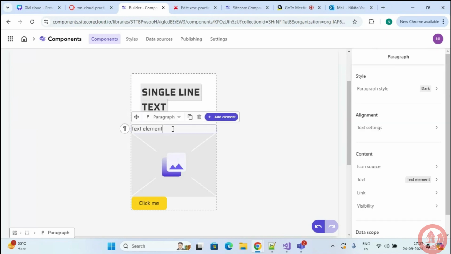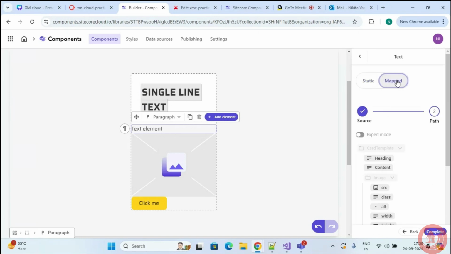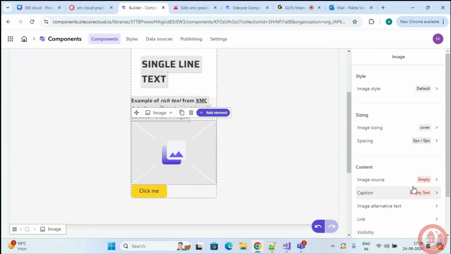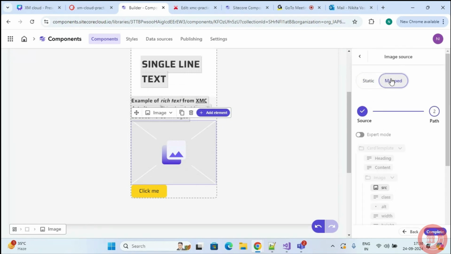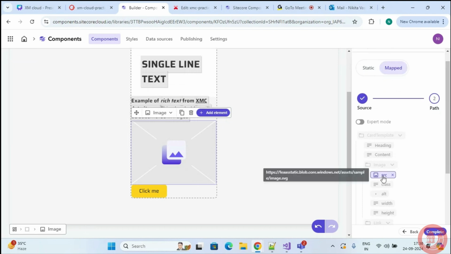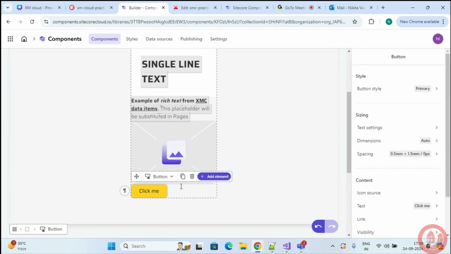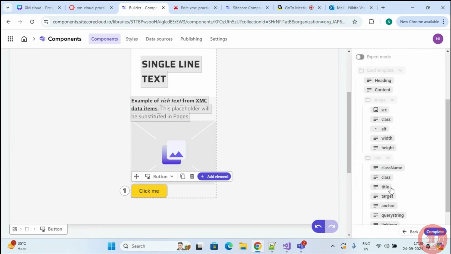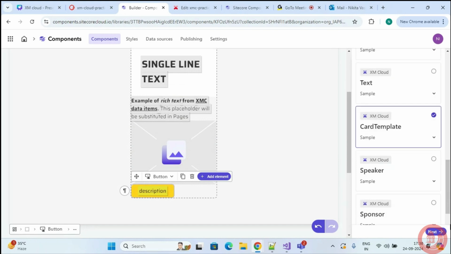Once you have mapped everything, and your component is ready the way you want it to look, with all the fields mapped, you can stage it and publish this. Now when I go back to my editor, I'll add another page, Page 1. I'll refresh it once so that the component is available for me to select.